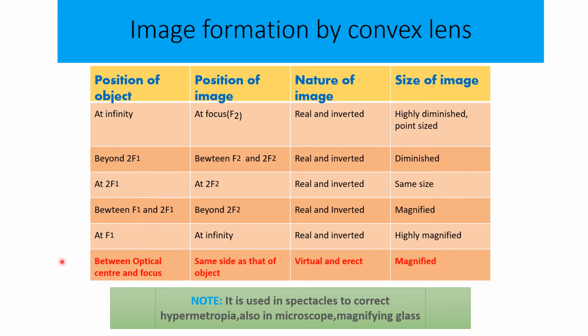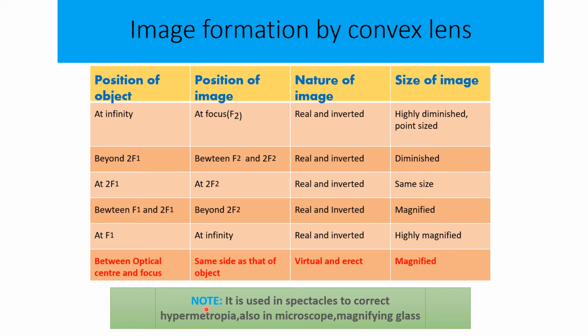The last case was very different from the first five cases. Therefore, I've written them in a bold manner. Remember this case. Questions are asked in the exam based on the last case. Okay, because this is a different type of case. So only in this case is the convex lens forming a virtual and erect image. In all the rest of the cases it was forming a real and inverted image. Okay, so this is the last case that you have to remember thoroughly. It was different from the first five.